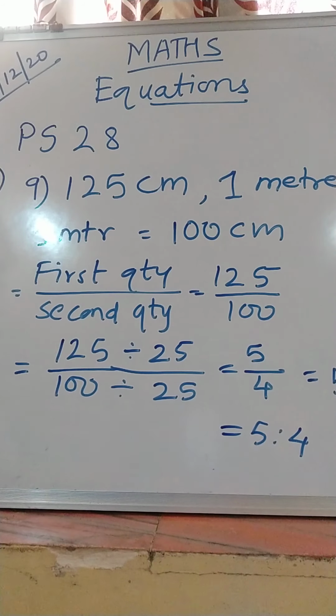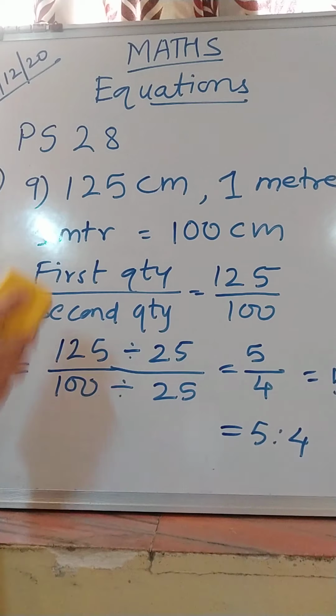Now I have taken the 1st, 4th, 5th and 9th one. Same way you have to do the other problems also. See, in the case of the 7th one, there are two units given, paisa and rupee. You have to convert rupee into paisa and find the ratio. In the case of the third sum, that is minute and hour, you have to convert hour into minute and then find the ratio. Same way you do for all 9 sums. Okay. Now move to the next one, that is the third one.